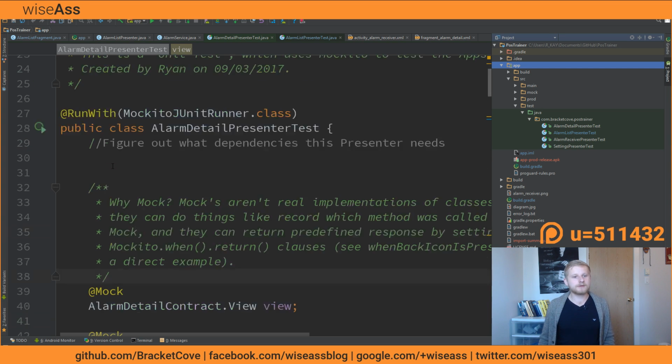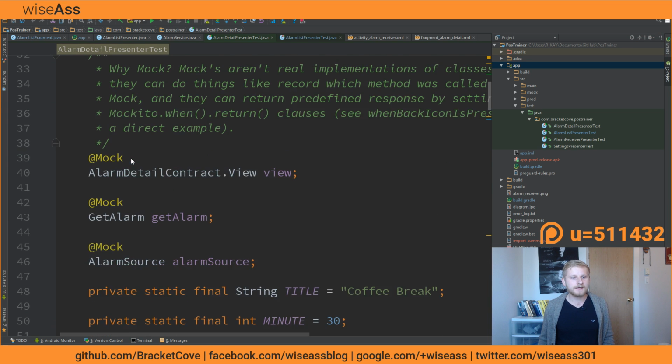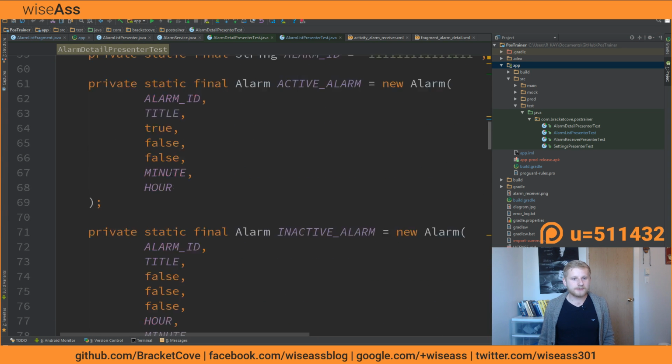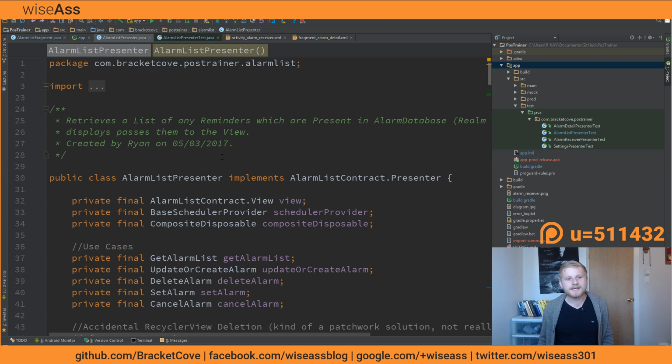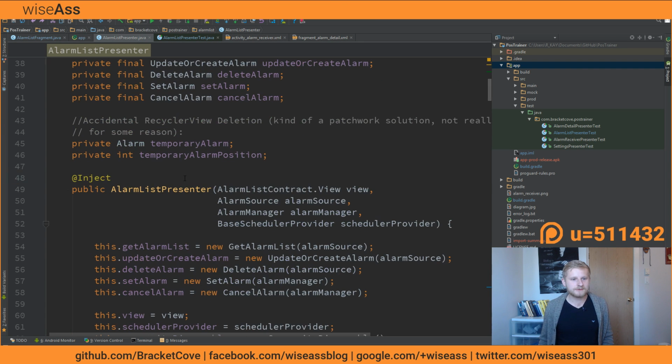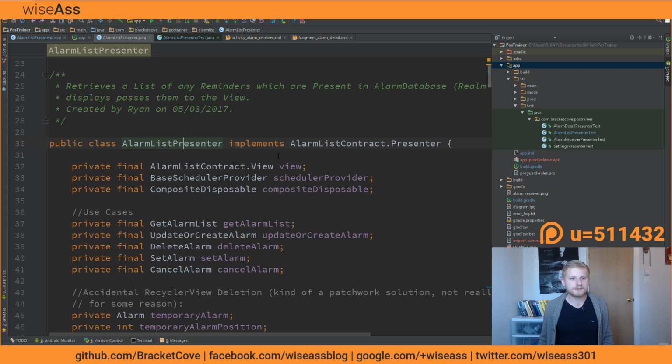All this really works is I use Mockito, for example, which is a mocking framework. If I open up the actual class which I'm trying to test, it's clean architecture, but we're talking to views and we're talking to use cases, which are essentially just a way of talking to the model layer.